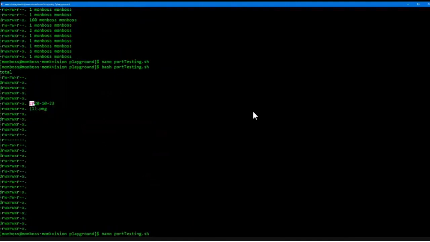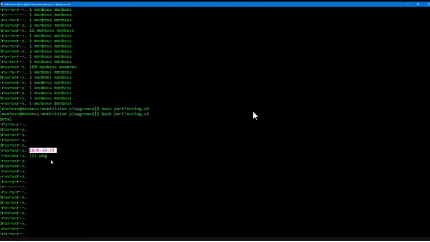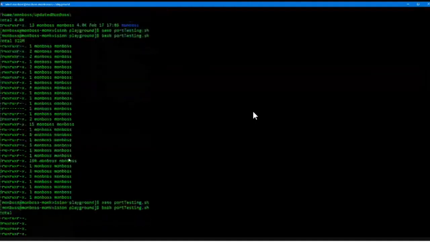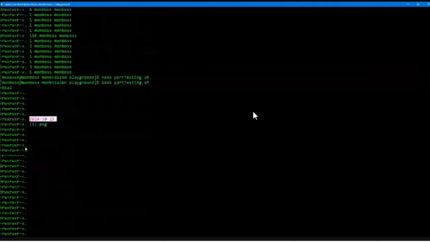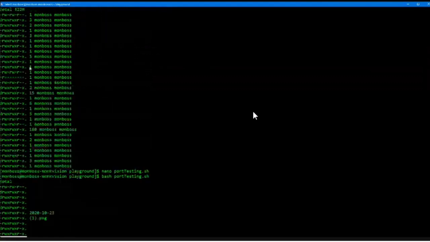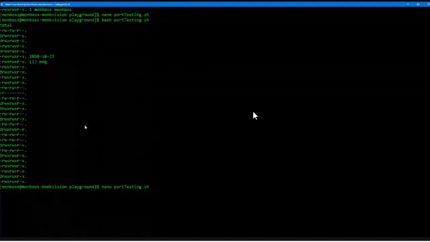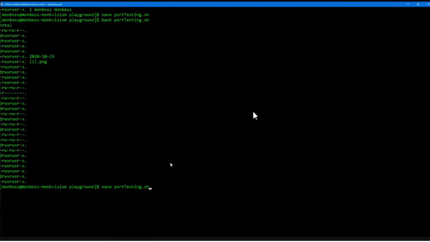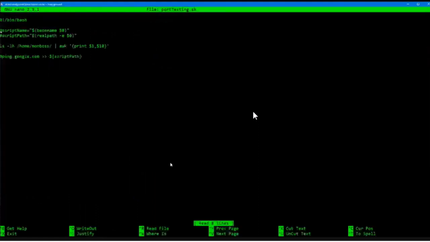So there's a big issue in this awk command. As you can see, it only printed these names, which are separated by spaces. So the awk command by default uses spaces to separate the fields. As you can see, there's a space here and there's a space here, so there must have been a space in this name. That's a big issue that awk has currently, that we don't have the capability to separate it by any other means. But